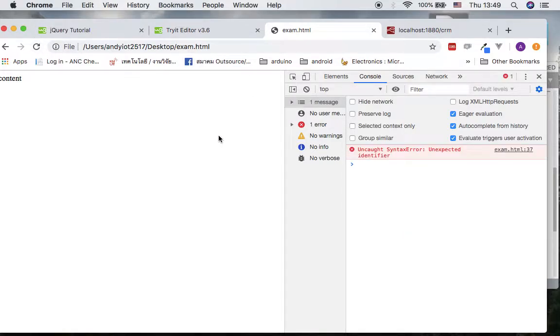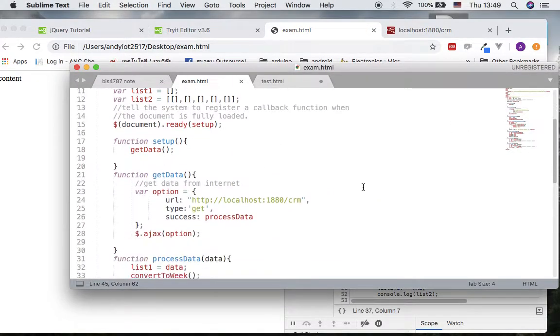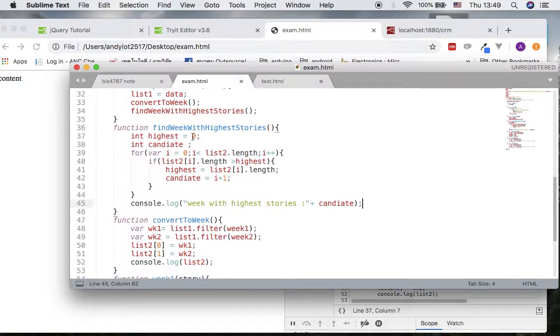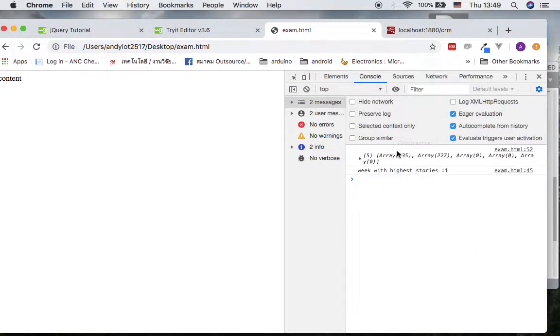So go ahead, and they say I have an error right here. Oh, the reason for that is because this is JavaScript. We do not put int, we just put var for variables. Okay, sorry about that. Now refresh this, and you can see that the week with the highest story